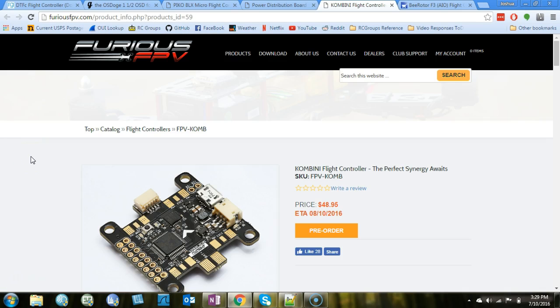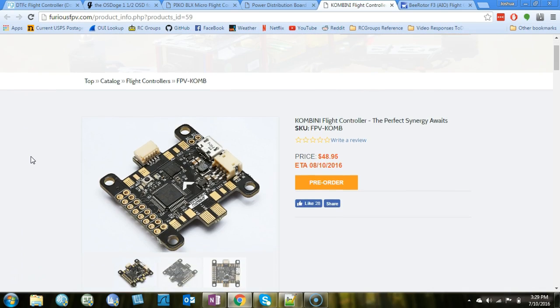And that brings us to the Combini. And this really seems like the winner between the three of them if you're going to do a general purpose full-size 36mm build. Granted, this is a pre-order product. It's not on the market yet, and so it may have some fatal flaw that damns it. But just based on the specs page, it looks like the winner. It has the MCU 6000 gyro,